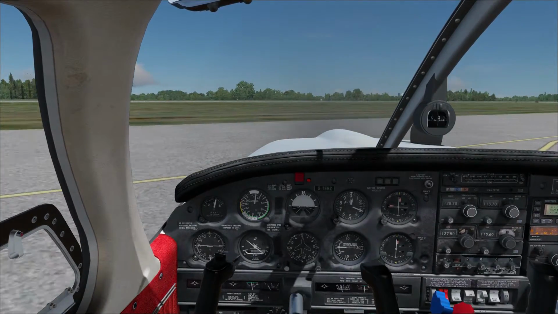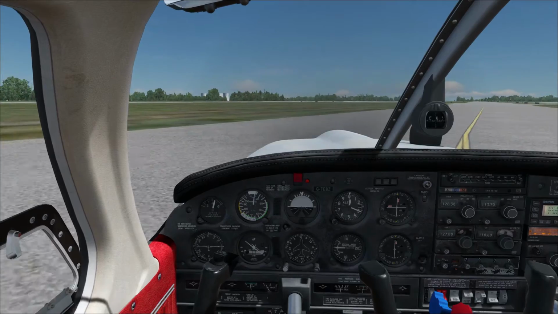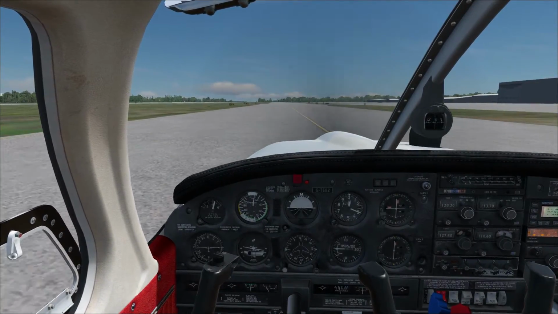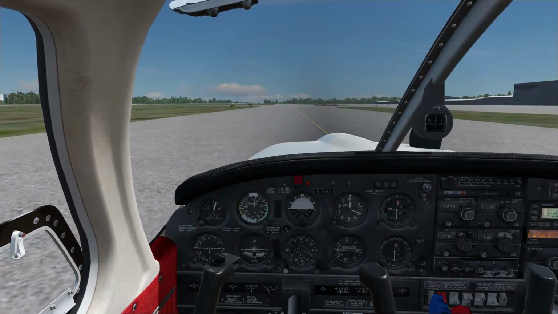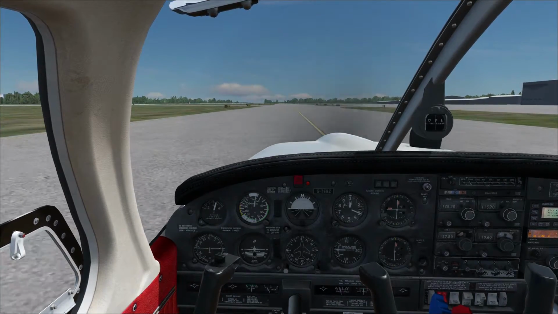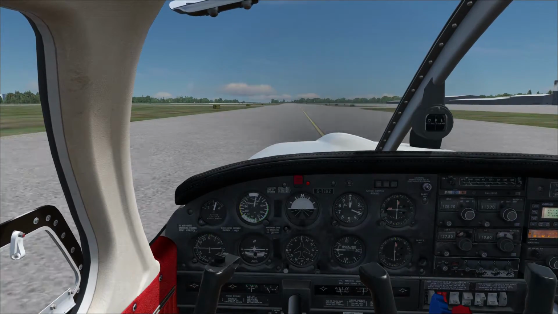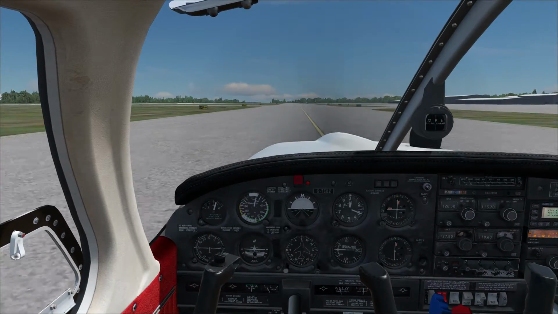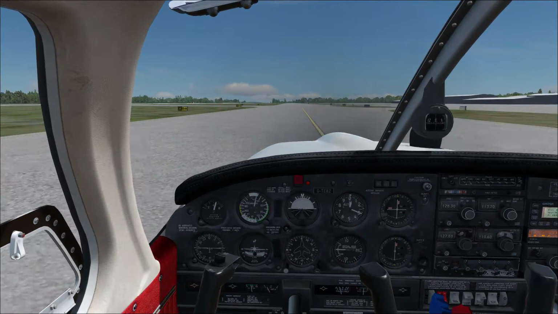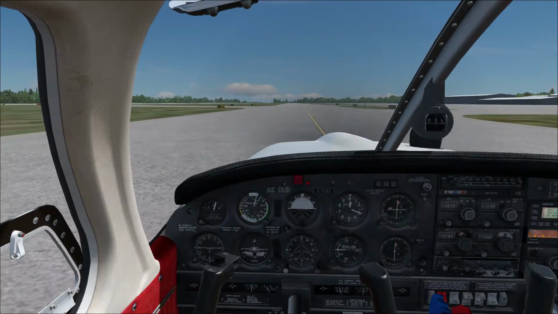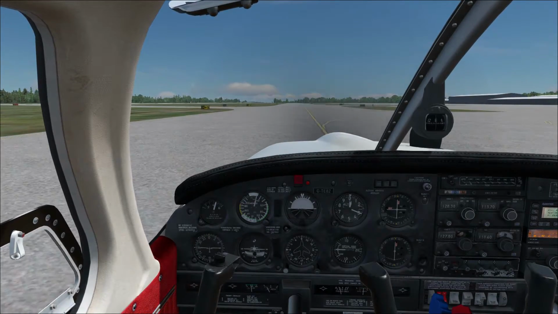So this is your first taxi. If you're following along, this is maybe the first time you've ever taxied. It's a very simple thing to do. You've just got to follow the markings and follow what air traffic control tells you. Normally we would have air traffic control here telling us where to go. So they would have been like, taxi to runway, we're going to runway 27, so it'd be taxi to runway 27 via Quebec Alpha,